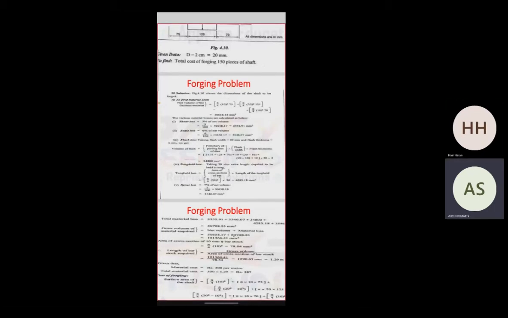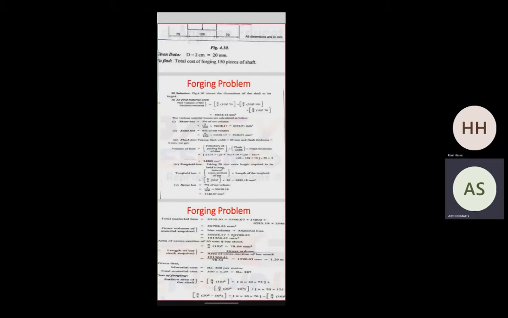Plus, for the second component we want to multiply with pi by 4 and subtract capital D minus small d, that is big diameter 20 and small diameter 10. So pi by 4 20 square minus 10 square plus pi into 20 into 125 plus